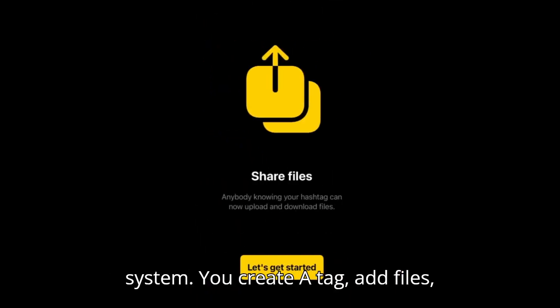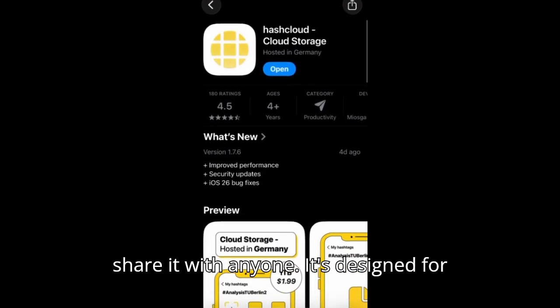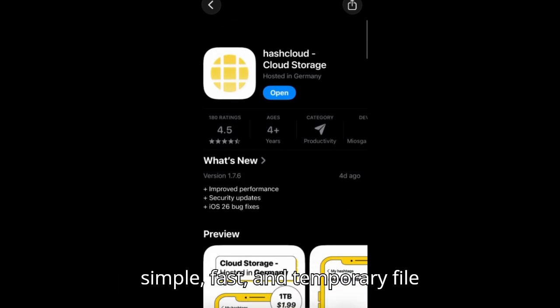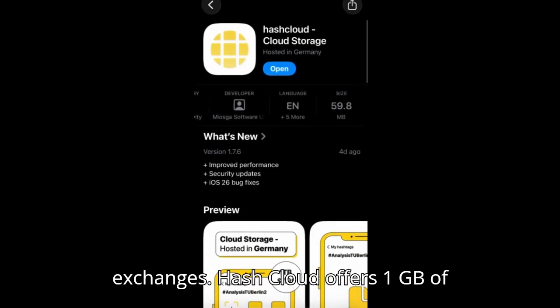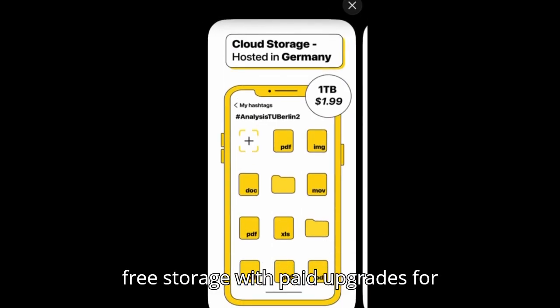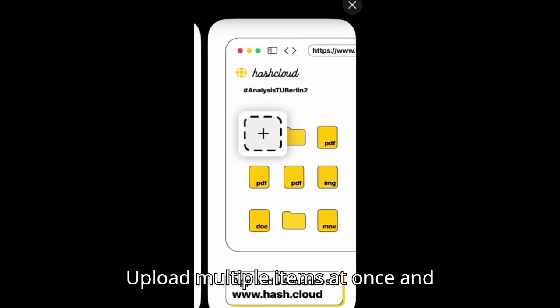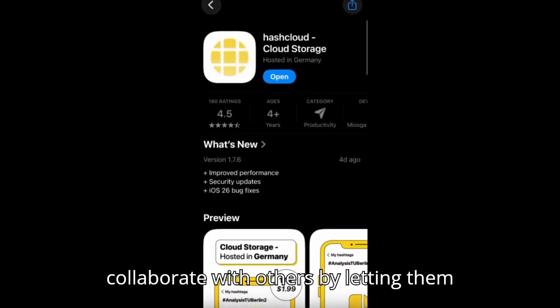You create a tag, add files, choose privacy options, and instantly share it with anyone. It's designed for simple, fast, and temporary file exchanges. Hashcloud offers 1 GB of free storage, with paid upgrades for additional space. You can manage files, upload multiple items at once, and collaborate with others by letting them add files to your